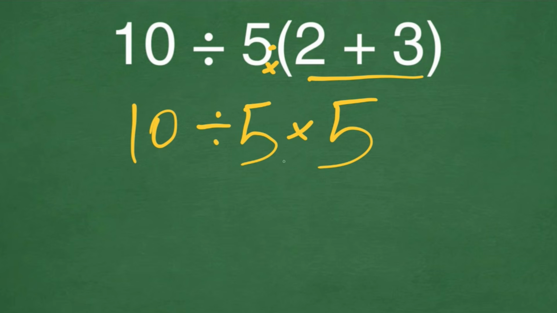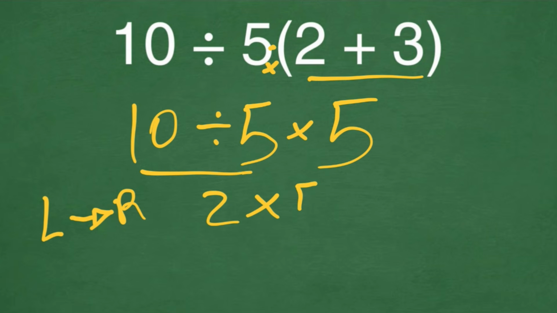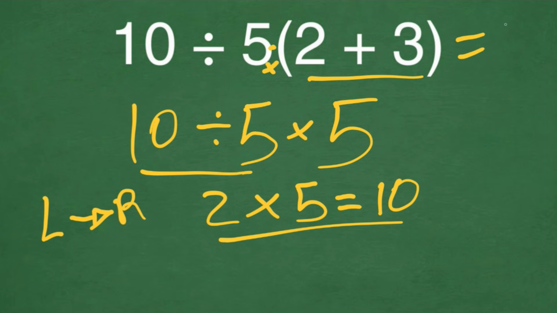And then we don't solve the multiplication first, because the division comes before the multiplication. And since division and multiplication have equal priority, we are going to solve the equation left to right, meaning we are going to solve whichever comes first. In this case, the division comes first, so we are going to solve the division first. So 10 divided by 5 is 2, and 2 times 5 is equal to 10. And the final answer to this question is equal to